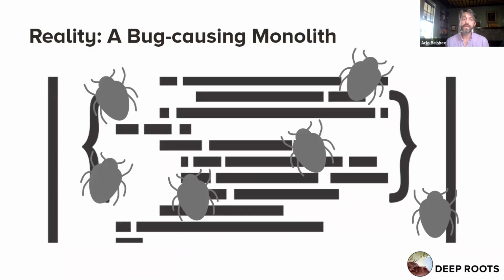So why? Well, the first part is a bit of reality. So it turns out that the assumptions of all the people were somewhat aligned with each other, but they were not aligned with the code. The code itself is a monolith. It's a bug-causing monolith in the way that all monoliths truly are. Many of the behaviors of the product happen as an emergent result. The thing is well designed, and that means that it has very strong entities, and it has different parts of the system that collaborate through those entities in different ways. As a result, many of the observed behaviors from a user perspective come from the emergent interactions of these.